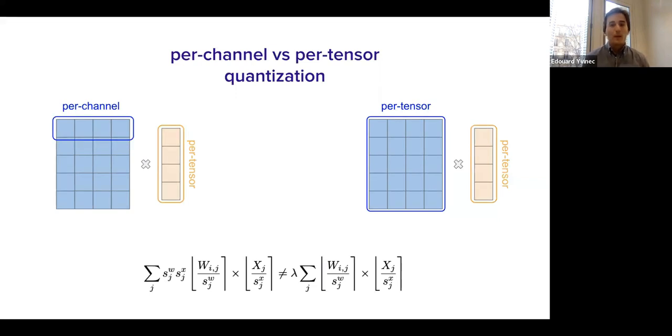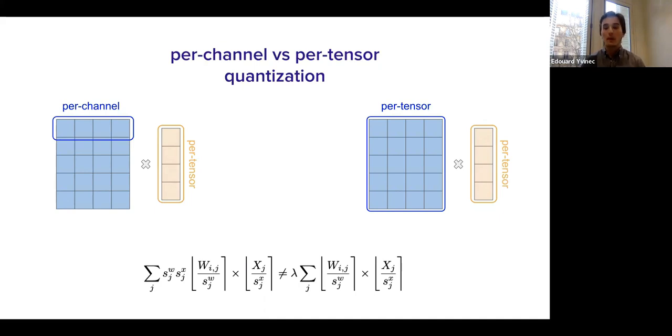So, about per channel versus per tensor quantization. On the left, we have per channel quantization, and on the right, we have per tensor quantization. What you expect is, because you have in that case, for a fully connected layer, matrix multiplication, per channel quantization, because you group the sub-values of the tensor in a finer grain, what you get is something that is closer to the original values. To put it in simpler words, we are tighter to the original distribution that we want to quantize. The issue is that, as you can see, the inputs are not quantized per channel. The reason is highlighted in the equation below.